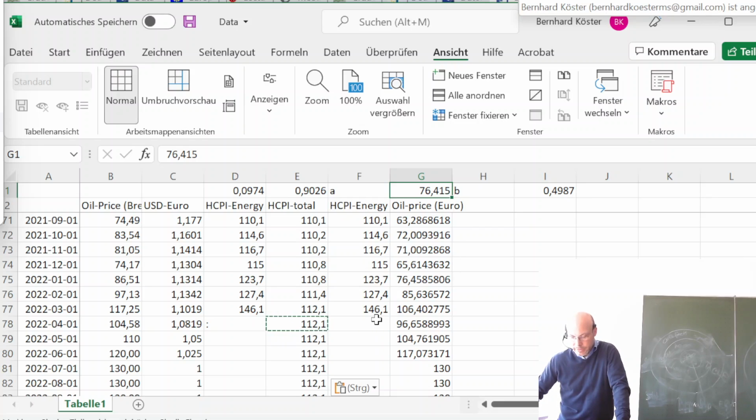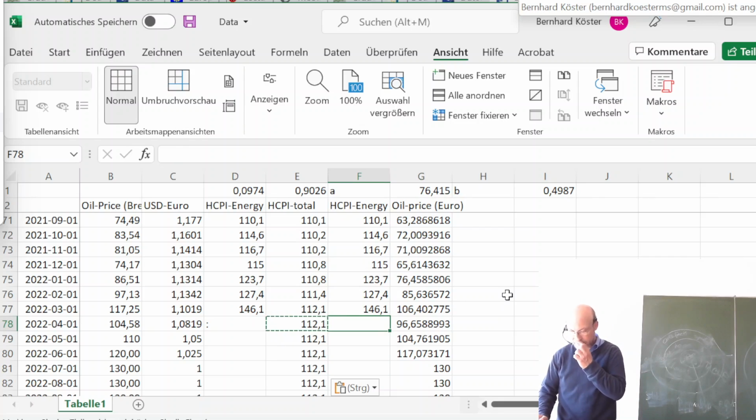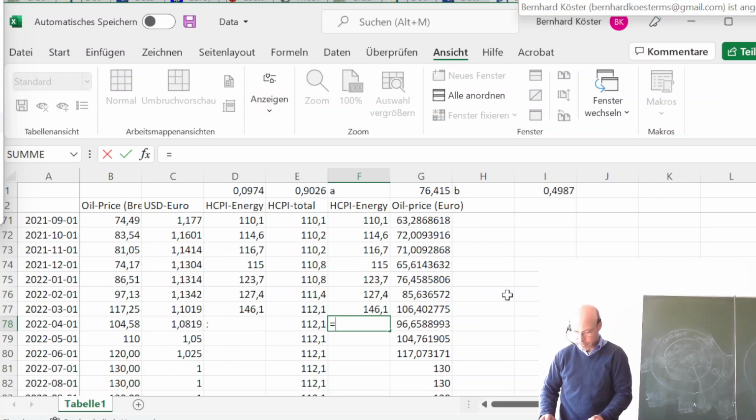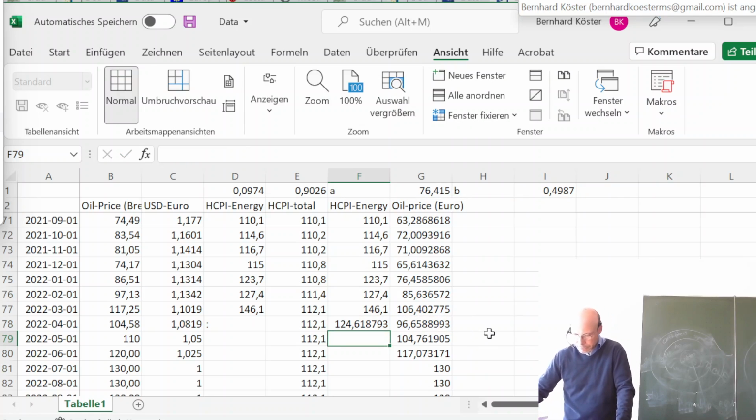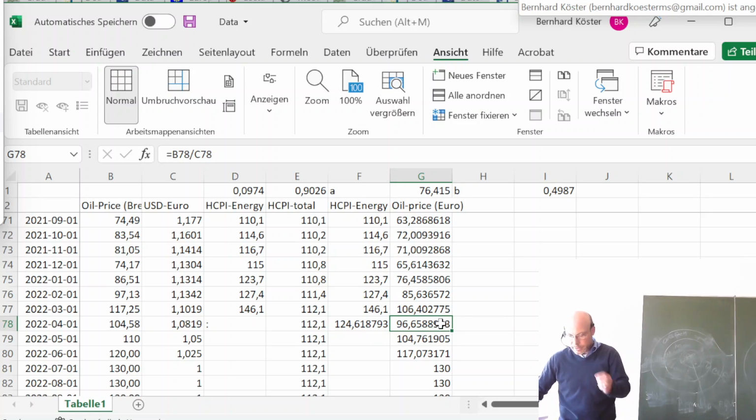So what we do is that we calculate that this is oil price, is 76, and here we need two dollar signs because this has to be fixed, plus B, also fixed, times the actual oil price in March, in April,